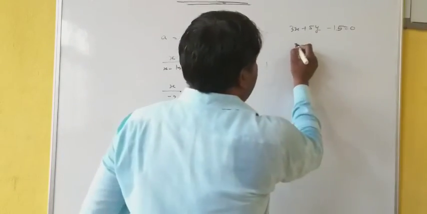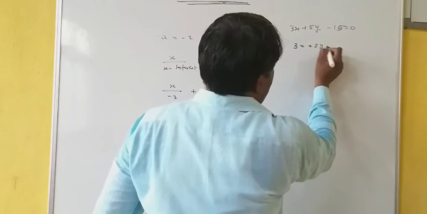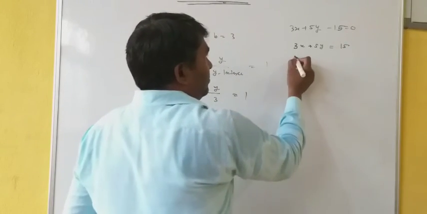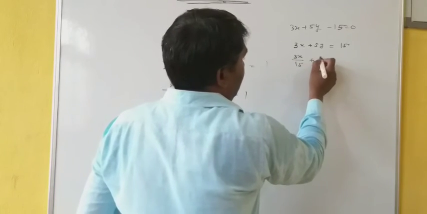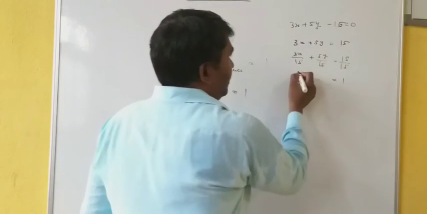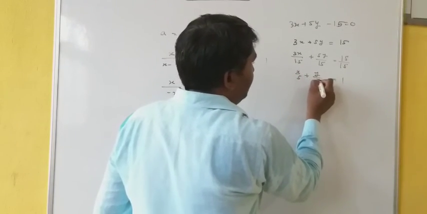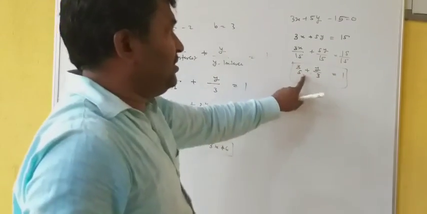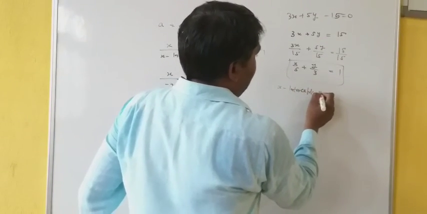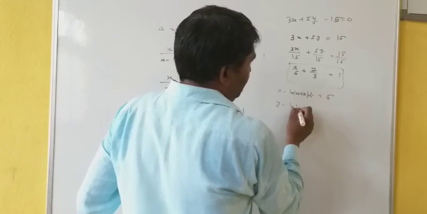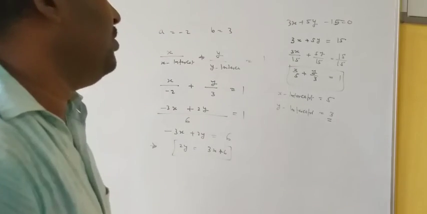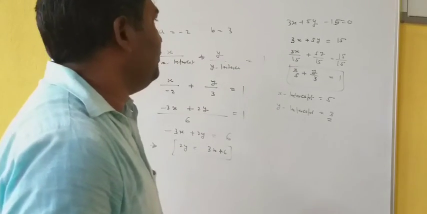Now see, first of all, just separate the constant term aside. Now 15, divide each term by this constant term, so 3x by 15 plus 5y by 15 is equal to 15 by 15. Here you will get 1. Thereafter, x upon 5 plus y upon 3. So see, x upon x intercept plus y upon y intercept. Therefore, x intercept is equal to 5 and y intercept is equal to 3. In this way, you can solve all other questions of the exercise.